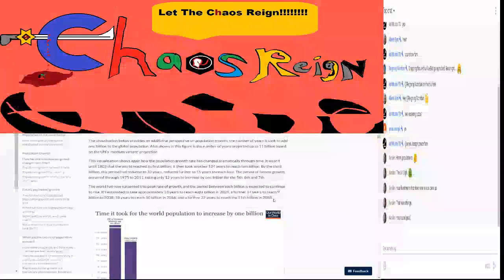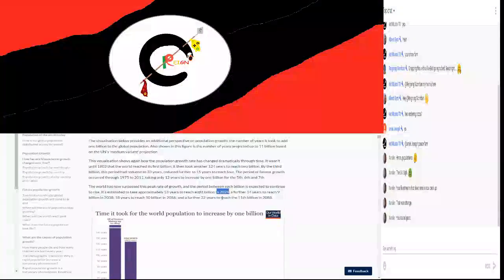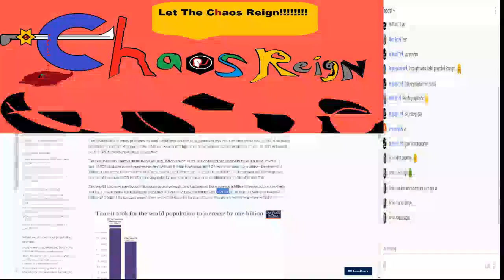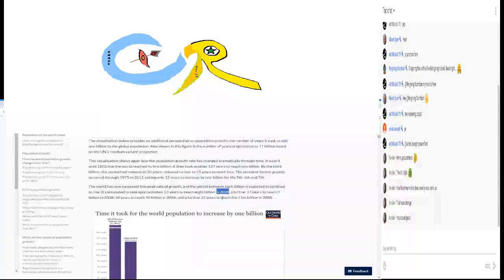And mind you, they said we're going to reach 8 billion by 2024. They said it's estimated to take approximately 13 years to reach this plateau. It will not take until 2024. It's going to reach there within 2022 at most, and I'm only putting a number to be nice. Usually I can give them another year, but in the next, let me see, 1, 2, in the next 3 years, that's just being nice. Unless something happens.